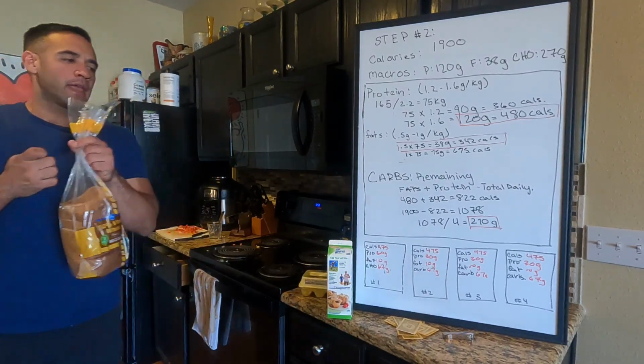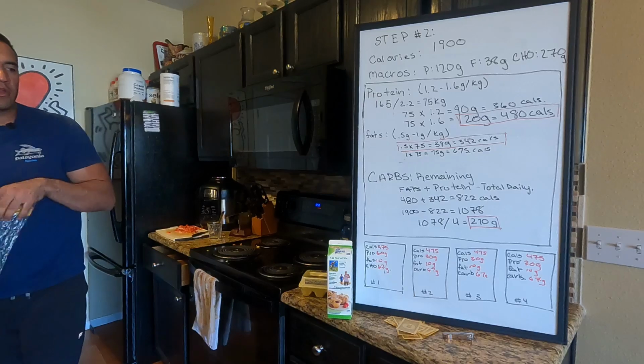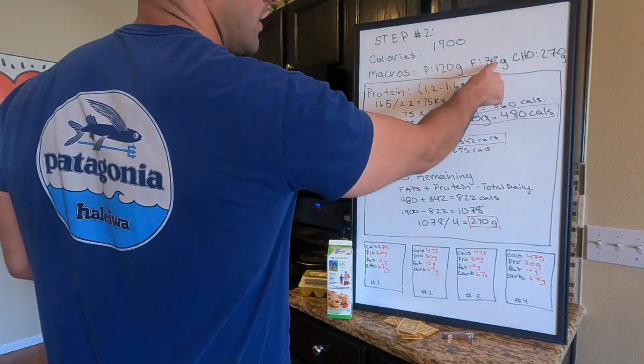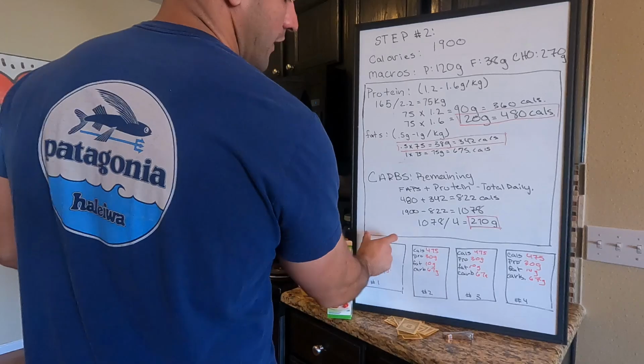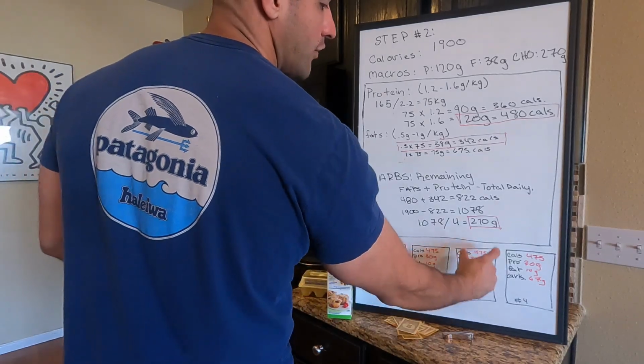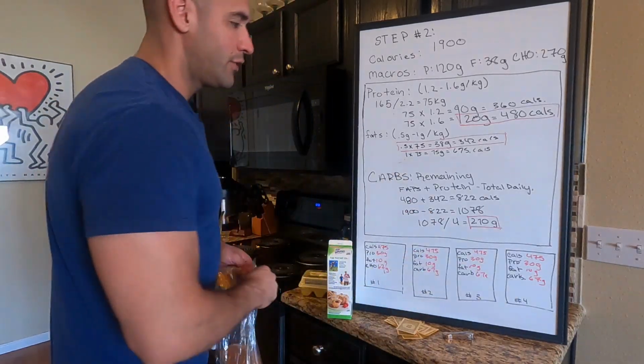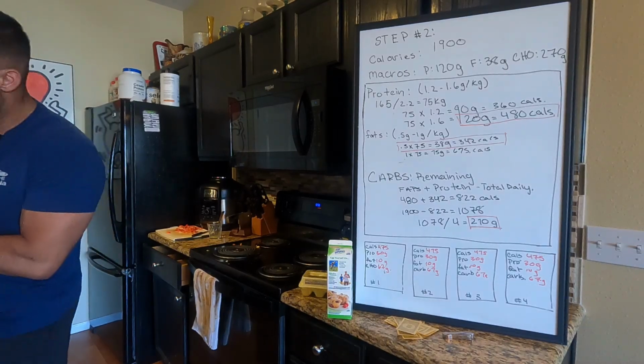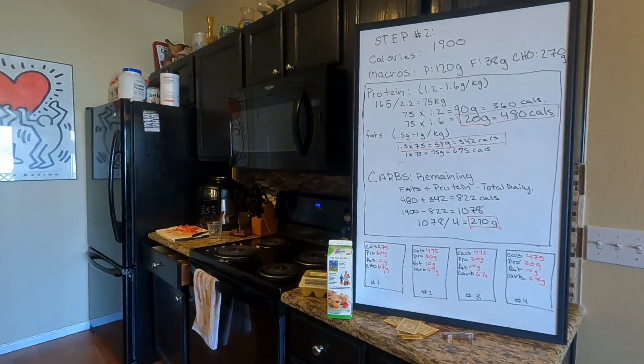So when I'm thinking about that, you then divide all of these numbers here. So we have 120, 38, 270. This is divided evenly throughout. They don't really have to be divided evenly throughout, but you'll see how I set these up throughout the day. But you'll see, even the meal that I'm cooking right now,